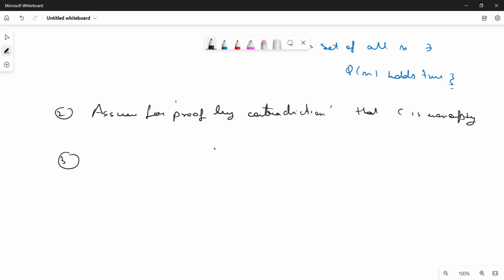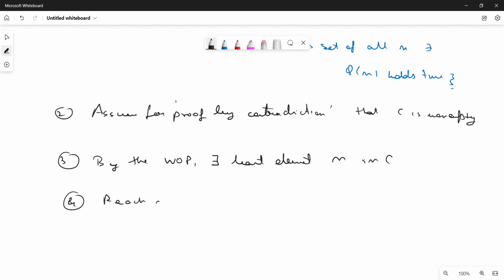Number three. Now, how do we reach this contradiction basically? By the well ordering principle, there exists a least element n in C, because C is a set of natural numbers. Number four, reach a contradiction,